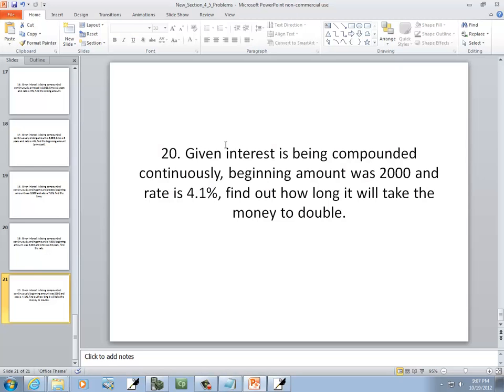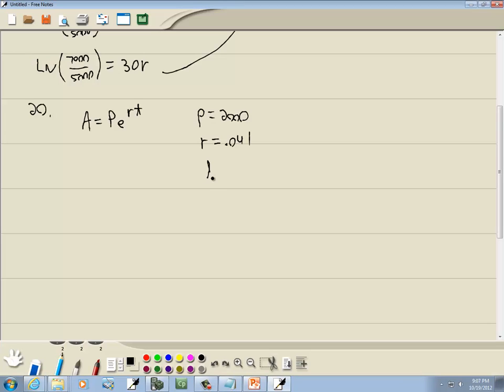Find out how long it will take the money to double. How long? That's T. Money to double. Well, if we start with 2,000, doubling it means we'll end up with 4,000. So I'll put 4,000 in for the A, 2,000 in for the P, e to the r, which is 0.041